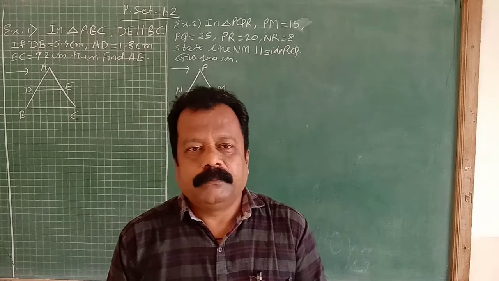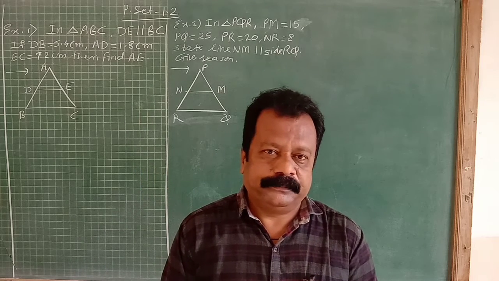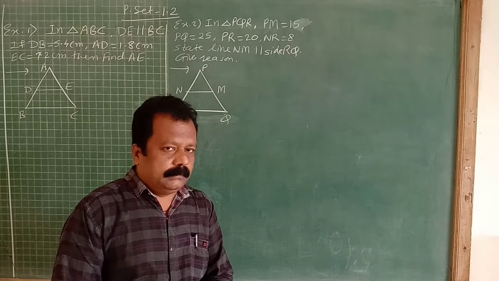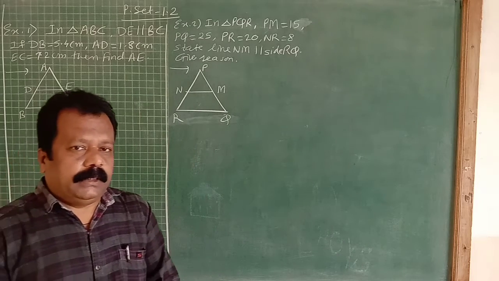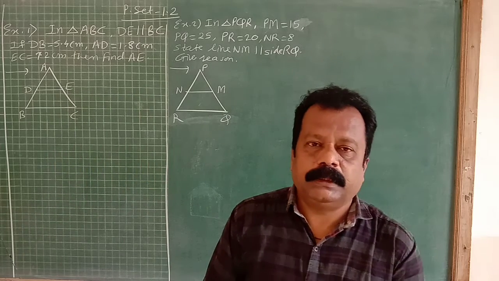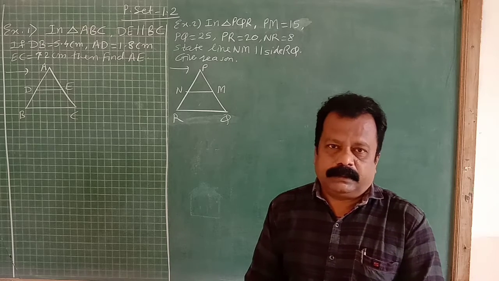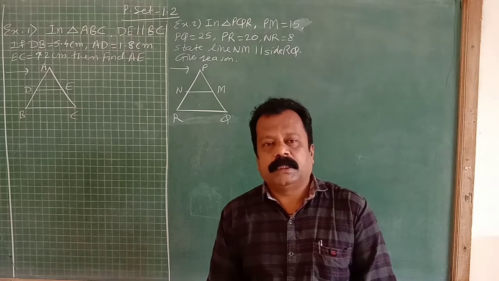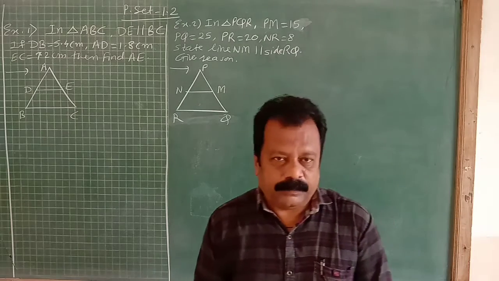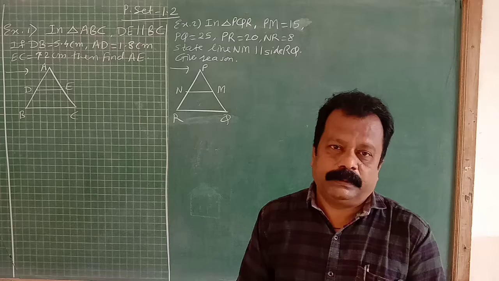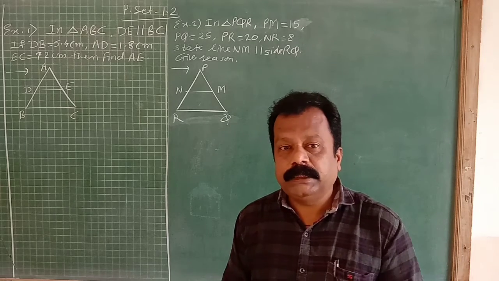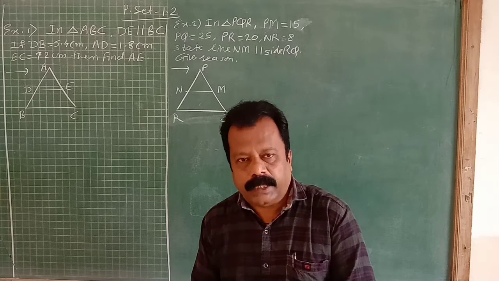Now today, chapter number 1, Similarity, standard 10th. You have already studied the basic proportionality theorem, the converse of the basic proportionality theorem, the property of the angle bisector theorem, and the property of intercepts made by three parallel lines. Now, how do we use these theorems and properties in examples, and how do we solve practice set 1.2 using these theorems, properties and axioms?